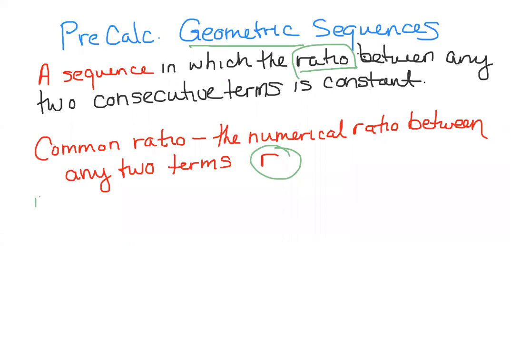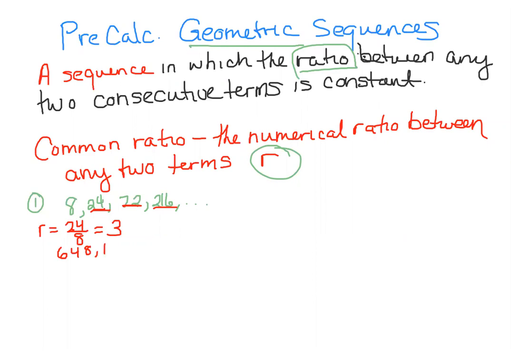So let's look at these examples. We've got 8, 24, 72, 216, and so on. What is the common ratio, and find the next three terms. To find the common ratio, you take a term and divide. So 24 divided by 8 gives us 3. 72 divided by 24 is 3. 216 divided by 72 is 3. So our common ratio is 3, and our next three terms are